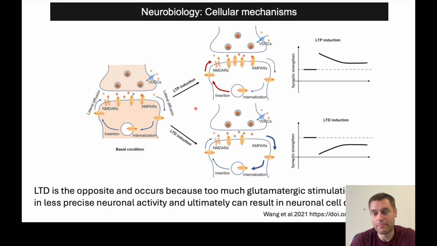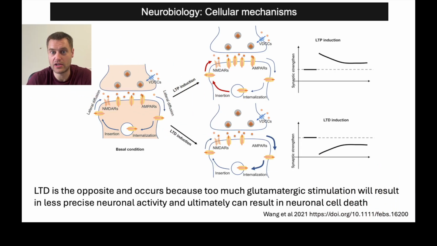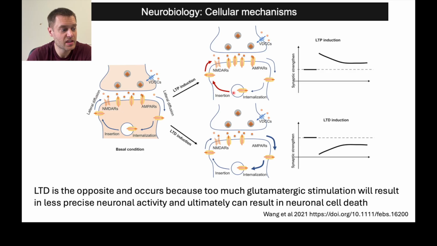So what's happening here is LTP induction, which is essentially an upregulation of AMPA receptors. That's what this is showing us: we have activity here, NMDA receptors are activated, and this then upregulates AMPA receptors and causes increased neuronal excitability. But we also have long-term depression, and that's necessary because if you have too much glutamatergic stimulation,